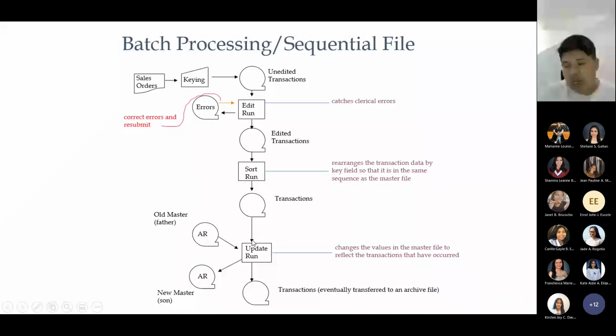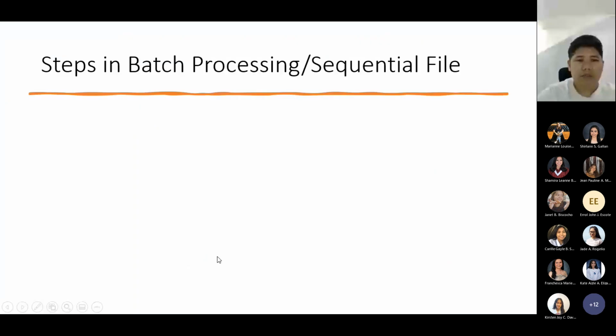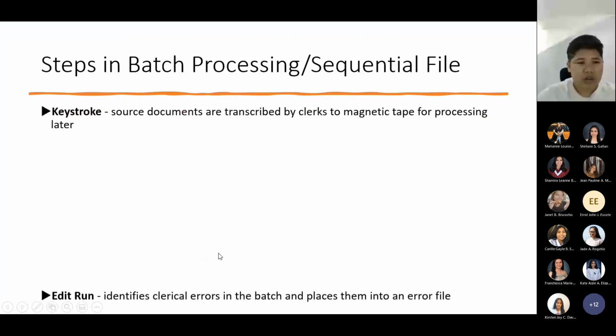Ibabatch siya, lahat ng yon mapupunta kay AR, mapupunta sa old master file kung meron, katulad ng data archiving kanina na tinatawag natin, or data backup, ito yung old or dito sa new. Okay? And pwede rin magkaroon ng archive. So ito po yung batch processing. So steps in batch processing, ayan, hindi ko na to